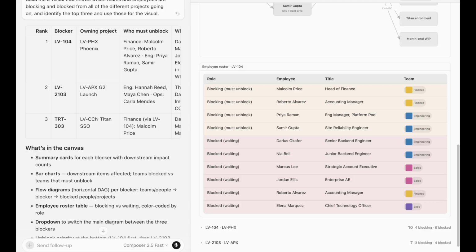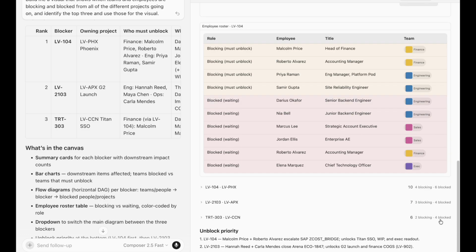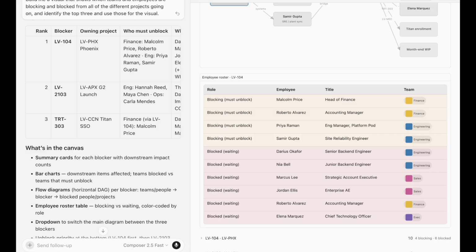Me as a CEO, I'm interested in unblocking this work, getting the right people in a meeting, solving the problem. So my natural inclination here is, hey, let's get these people on a phone call. Not only do I want them on the line, but I want to identify other people that have the capacity to help, people that maybe don't have as much capacity in an upcoming sprint. So I actually want a couple developers that can join this meeting and help with some of this development work, right? So that I can help unblock the various projects. So I'm gonna do a quick follow-up to get to the bottom of who has capacity and who can join the meeting. So let's say,